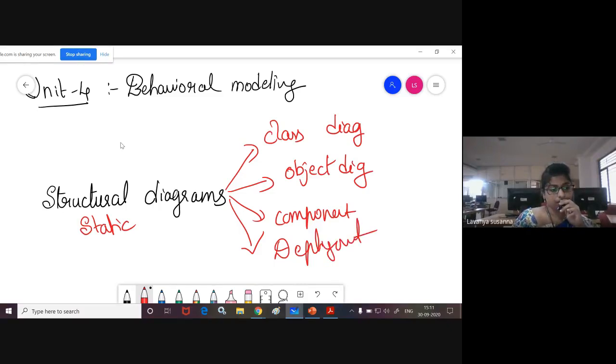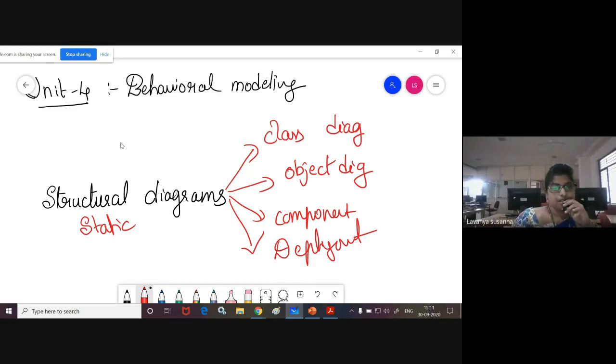Very good, Gautami. Kavya, very good: class, object, component, deployment. Package, component. Very good. Only 3 or 4 members are there in the class; every time only these members are answering.